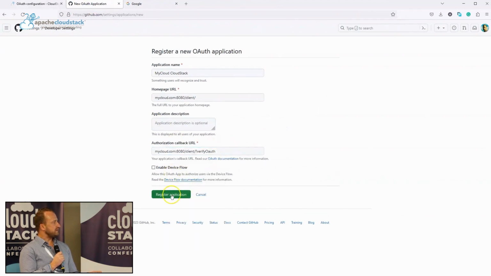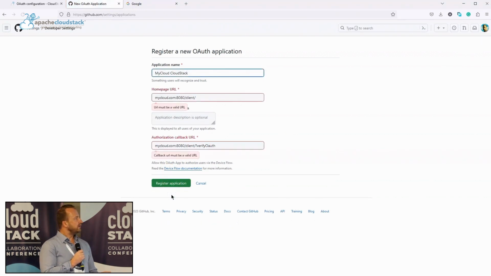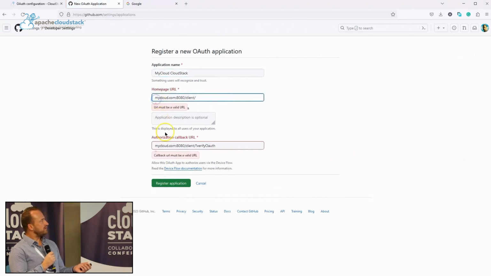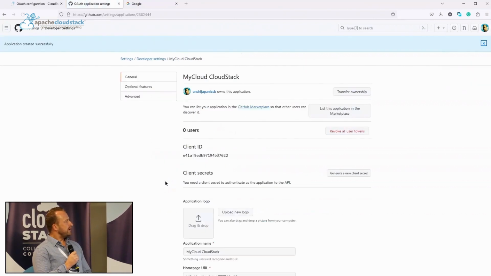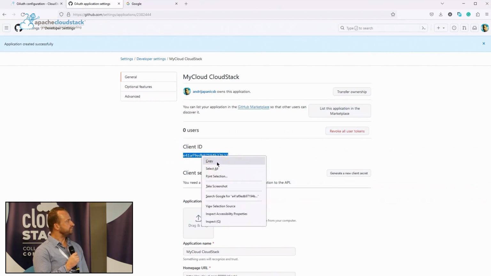And basically that's it. I'm going to click on register, which in turn will give me an error. Why? Because I'm using custom port, so I need to specify this is HTTP or HTTPS, both here and there. So you need to be very explicit with what you set, which is very fine, I would say, nothing wrong there. So finally, I'm going to register the application. And as you can see, it has given me a client ID. So I need to copy this client ID and paste it into CloudStack